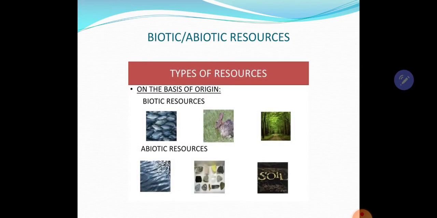One more classification I would like you to know, like biotic and abiotic resources. Now, biotic resources are life, even plants and forest and trees are included. Abiotic, lifeless. They don't have life in them. So there are also biotic and abiotic resources. I think it is not given in the textbook, but these are the general classifications of resources.